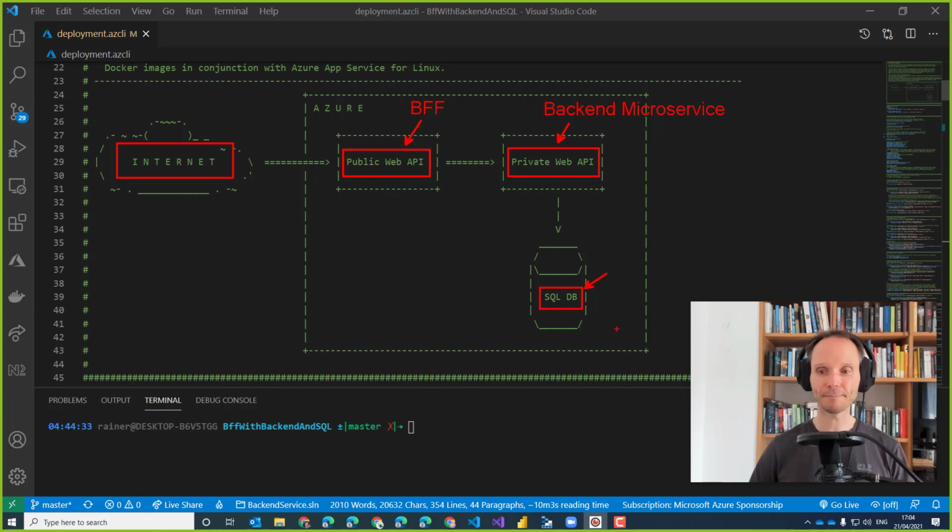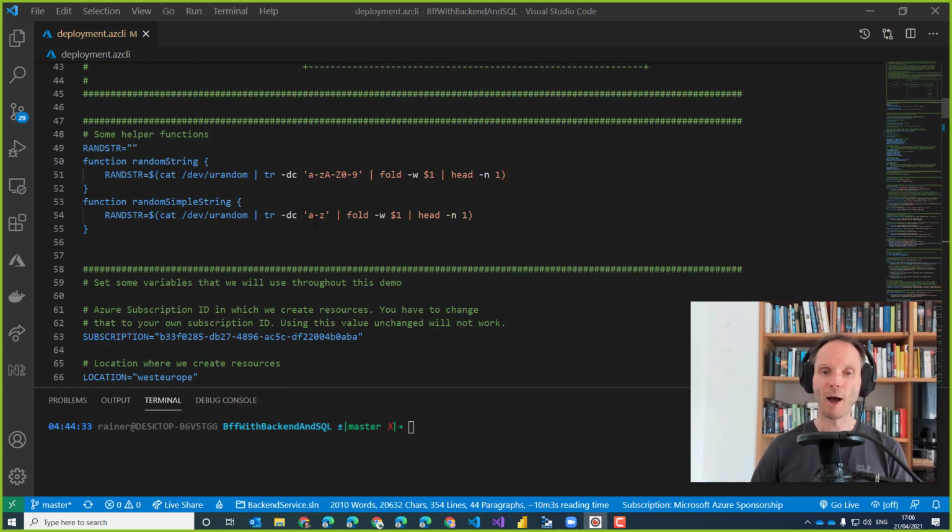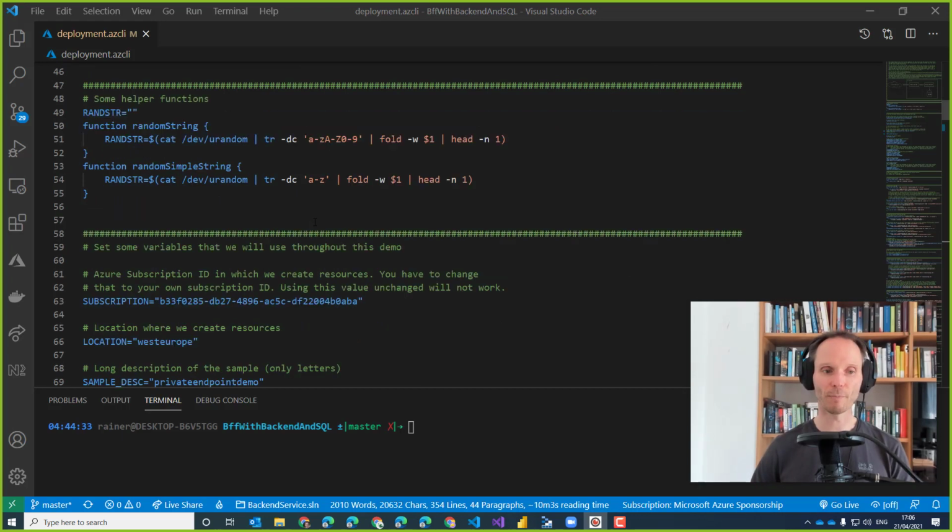Now, I have a script here, a so-called infrastructure as code script. It's part of the GitHub repo where I create all those resources for you. Why is this important, that I don't click around in the Azure portal? The Azure portal is beautiful. It's nice. It has great usability, and it's a very, very nice tool if you are learning, if you are exploring Azure. But if you are really a serious Azure developer and you would like to build production level software in Azure, you should